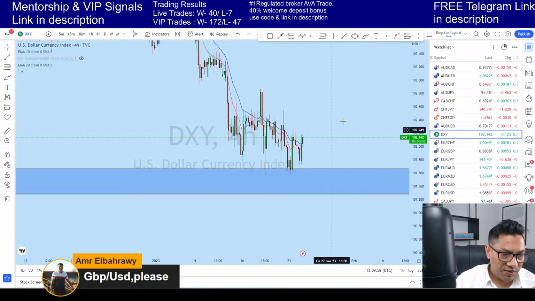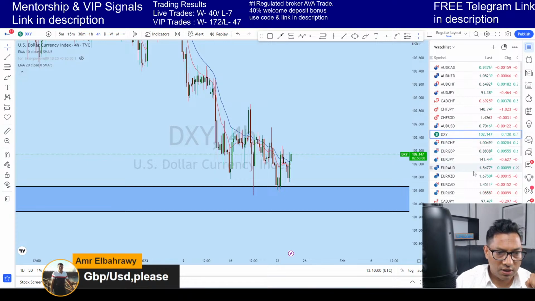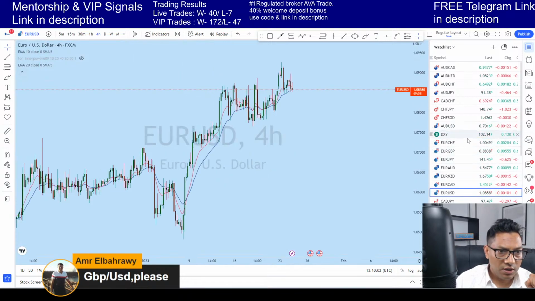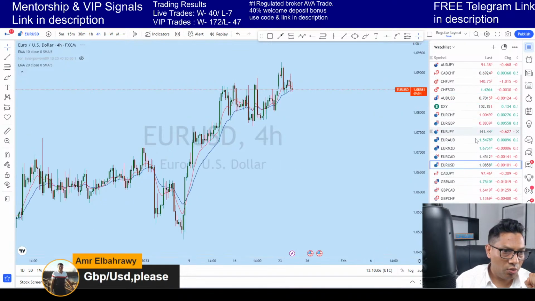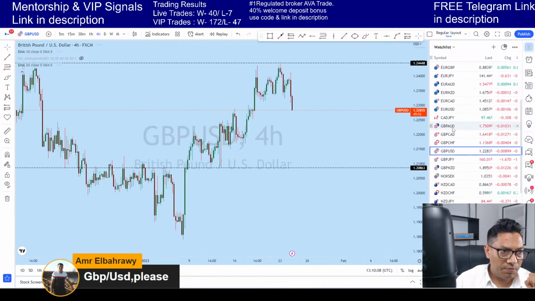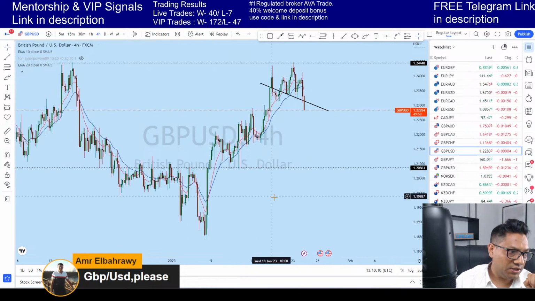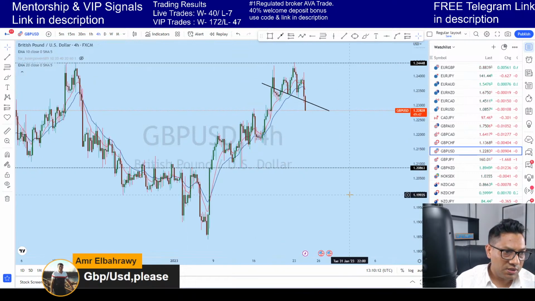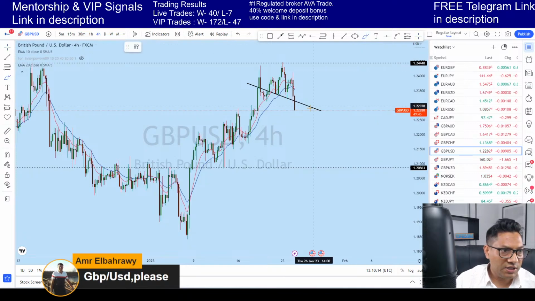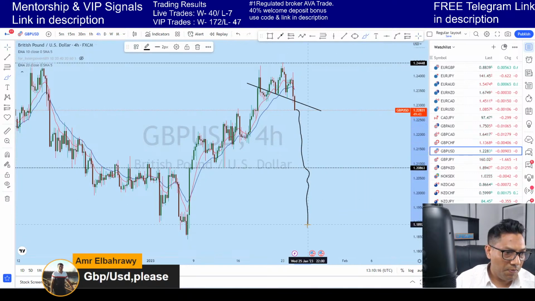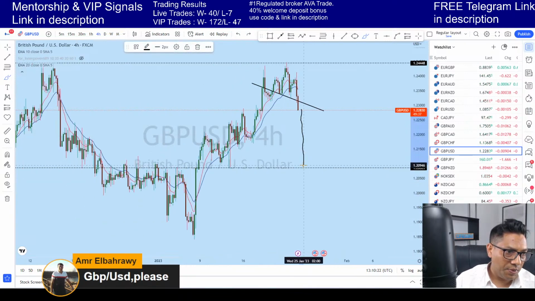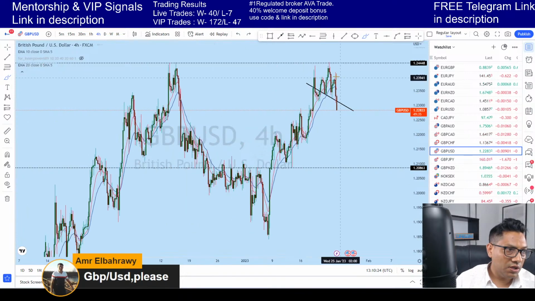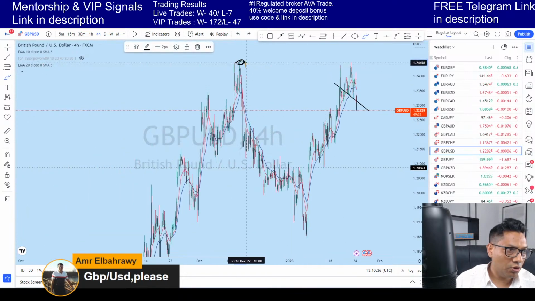if that's the case, all those USD pairs, including AUD USD, EUR USD, GBP USD, all of them, we might see them coming exactly to the support zone here, and this market might melt directly to this level in a very short period of time. And I think that's going to happen, because you see the price reached this important resistance here,